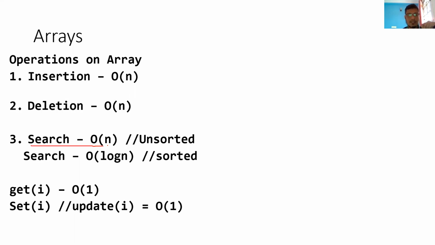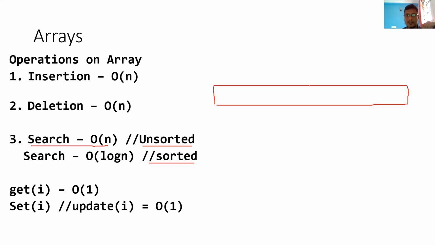What about search? We also saw that it has different scenarios like best case, worst case, and average case, in the case of an unsorted array. If the array is sorted, the scenario is different, for example binary search. If the array is sorted, we can use binary search. You go to the middle element and check whether it is larger or smaller. Based on that, your next search reduces the array to exactly half. This halving continues, and if you compute it mathematically, like last week we saw how binary search gives log of n.